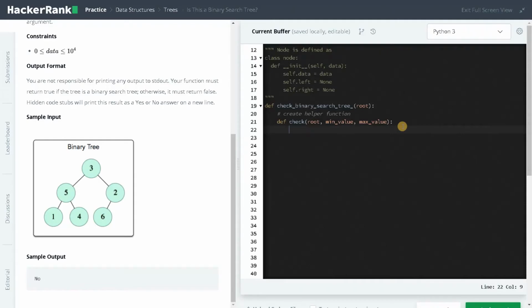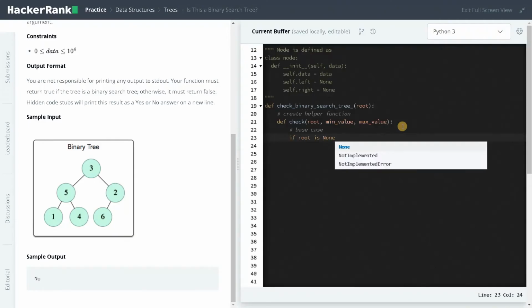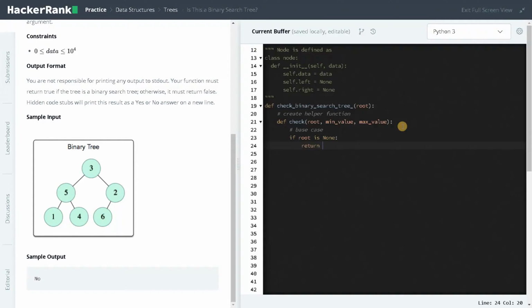Now we have to define a base case, because we are going to solve this problem using recursion. So we need to define a base case. If root is none, we will return true. That means we reached the end of the tree and the whole binary tree is a binary search tree. That is the simple conclusion of the base case.